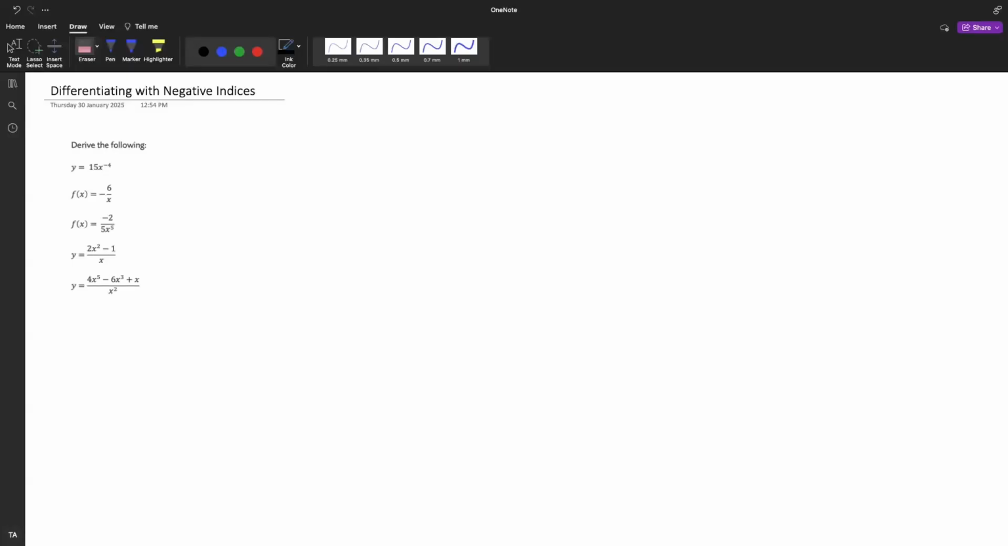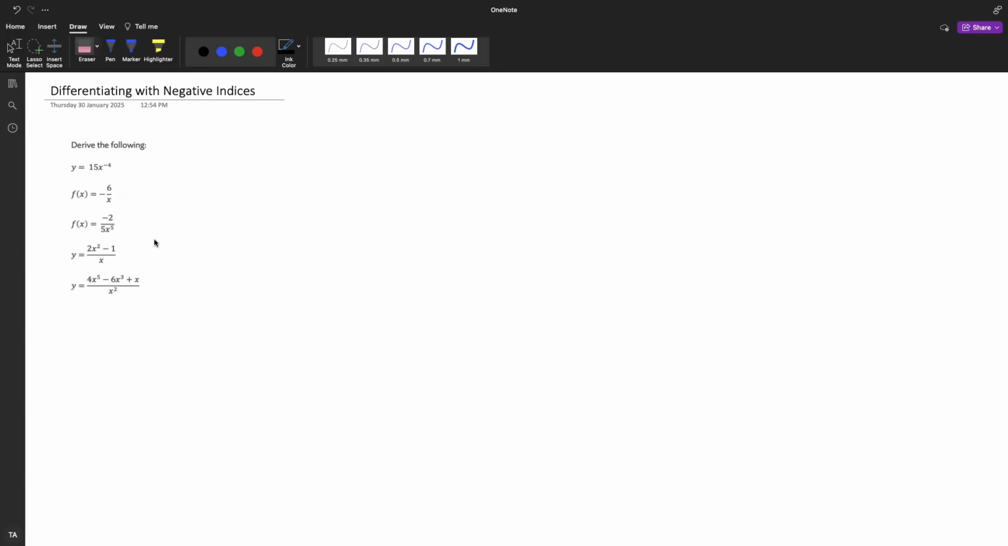So we've looked at how to differentiate with powers of x. Now we're going to go a step further and look at how we can differentiate when we have negative indices or when we have powers of x in a denominator, which will also require us to deal with negative indices. So we're going to go through these 5 questions to give us a good understanding of how to solve or